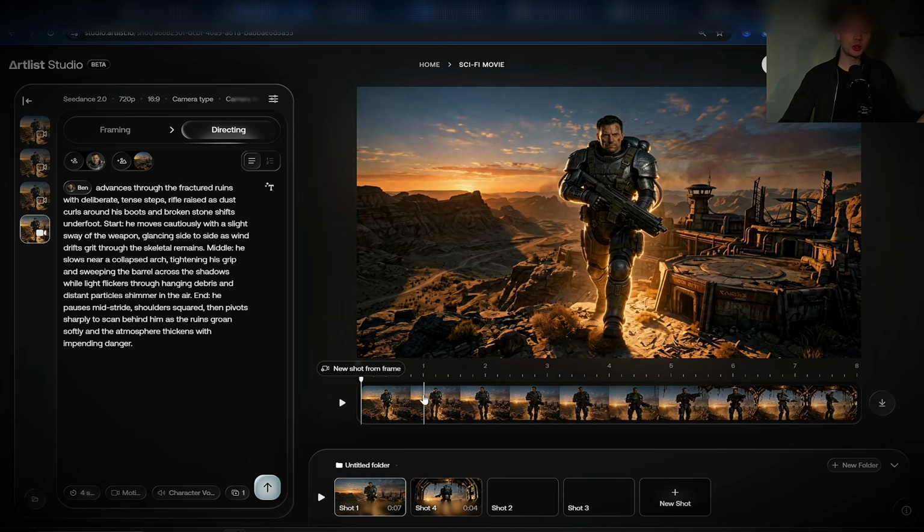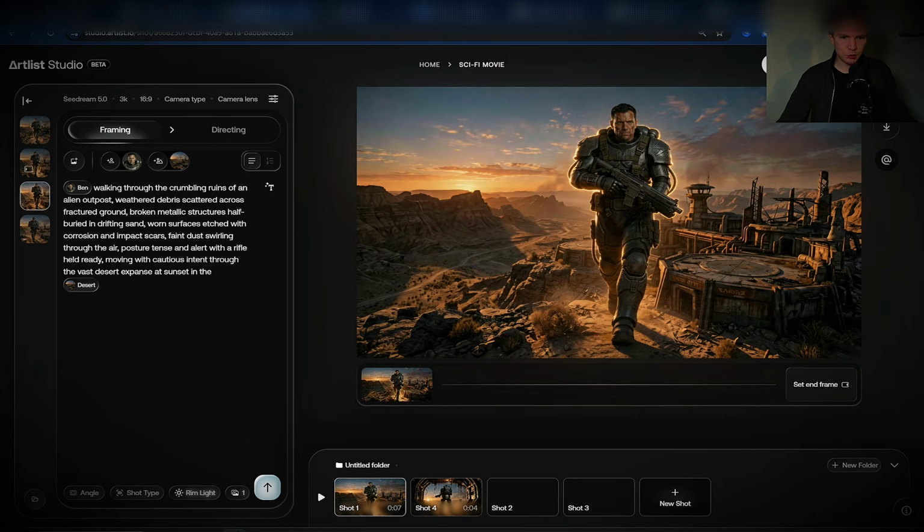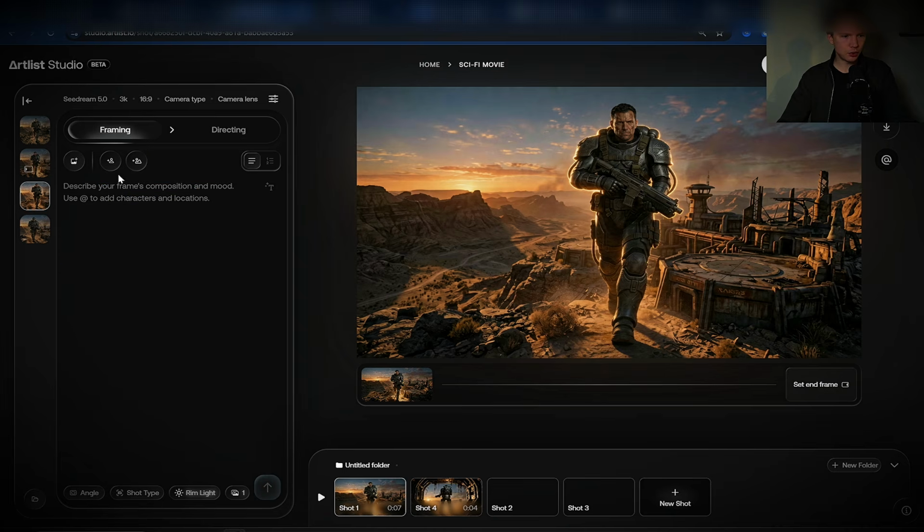And so what I wanted to show you is how you can go ahead and edit any images at any moment. So let's say we want to go back to the first frame, and we want to have this image, but we want to add this character that I just generated into this image somewhere. So what we can do is we can erase this prompt, and now we can click right here on add image,